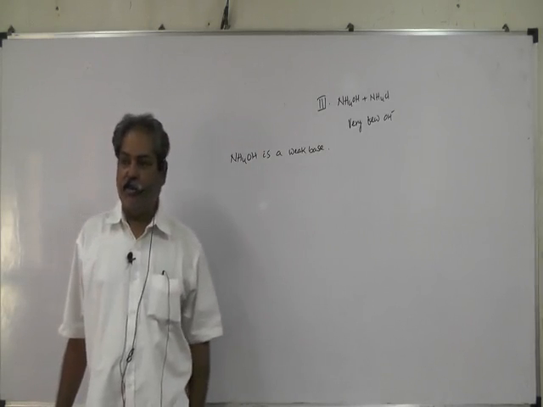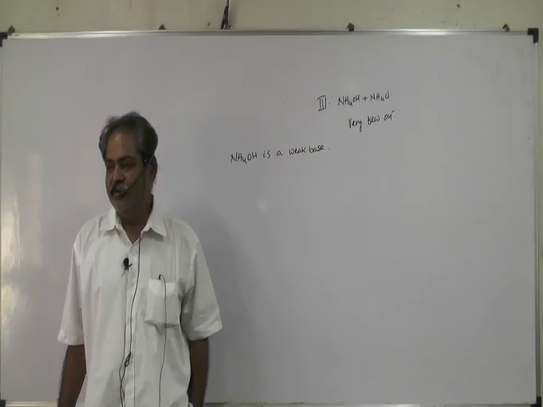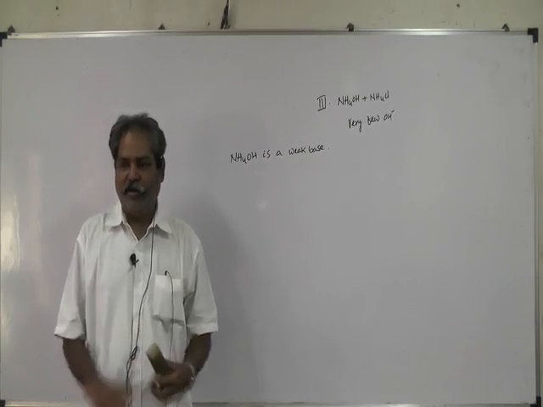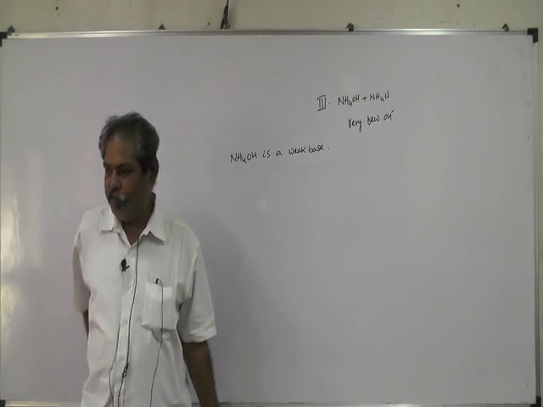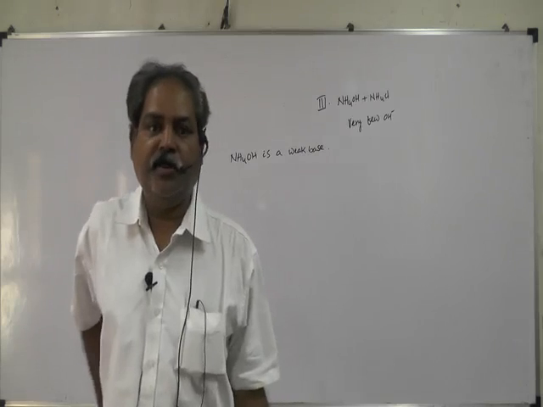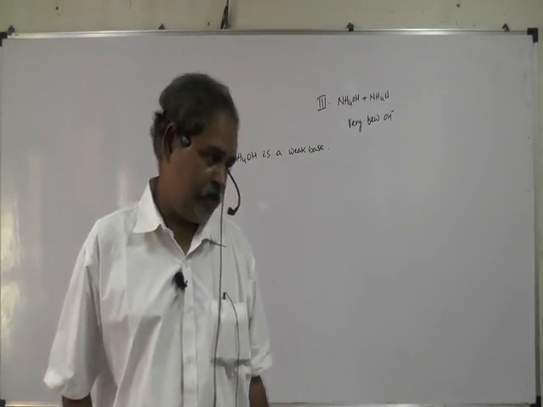How do you know it's a weak base, my dear friends? Calcium hydroxide, is it a strong base or a weak base? Weak. How do you know? Sir, you gave 6 hydroxides. Yeah, it's not tossing a coin. Only 6 are strong bases and only 6 are strong acids. And who classified that? Brønsted-Lowry, no one else.